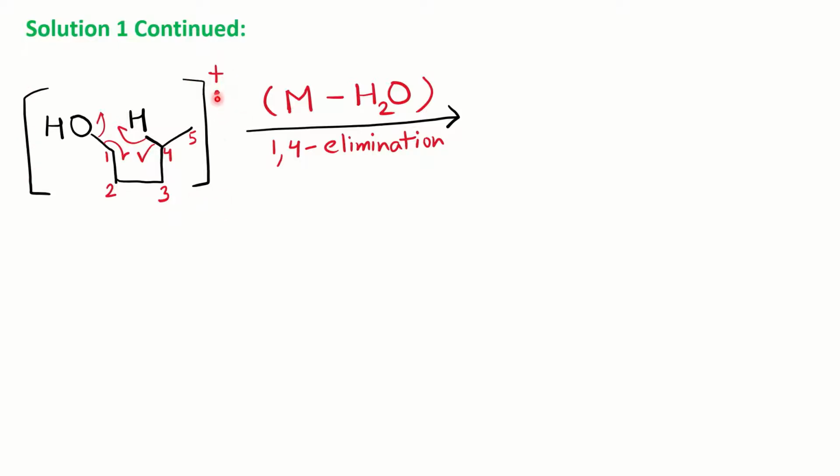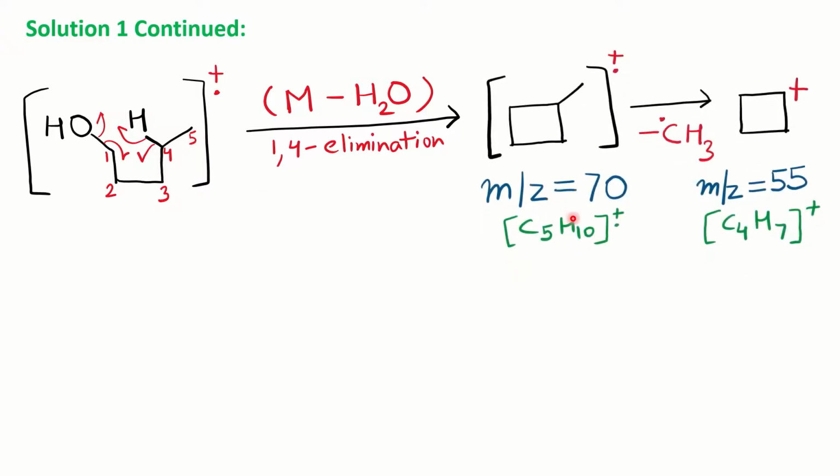So this is the easiest way to represent your answer. Square bracket and radical cation is a safe way also, if you are confused about where to put the radical cation. And you can notice here H2O is released as a neutral species with the formation of a new sigma bond between C1 and C4. So we get this structure, and if you calculate the mass, it is 70. So you will get another peak in the mass spectrum of 1-pentanol at 70.